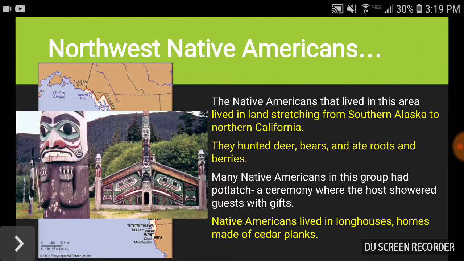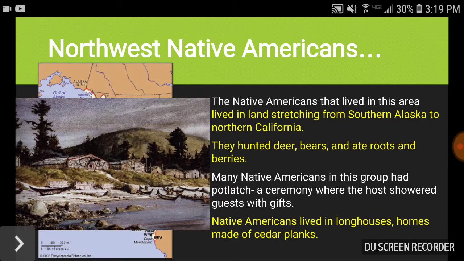Also, many times these Northwest Native Americans would have something called totem poles, as you can see in this picture, outside of their houses. And these totem poles were thought to house spirits. And as you left the house, the spirit animal in the totem pole would follow you and protect you, to make sure that wherever you went and then came back to the house, you were protected by that spirit animal.